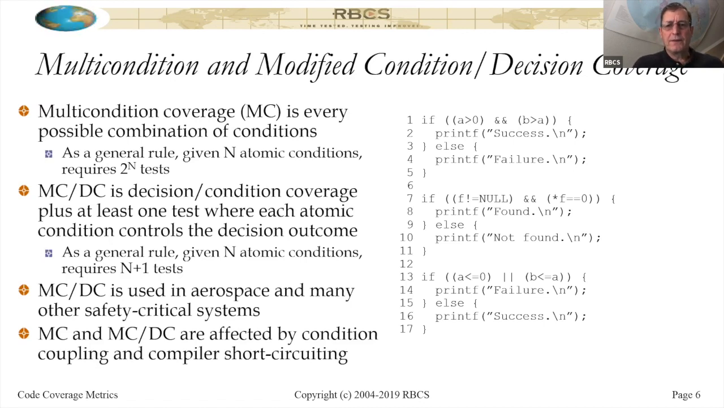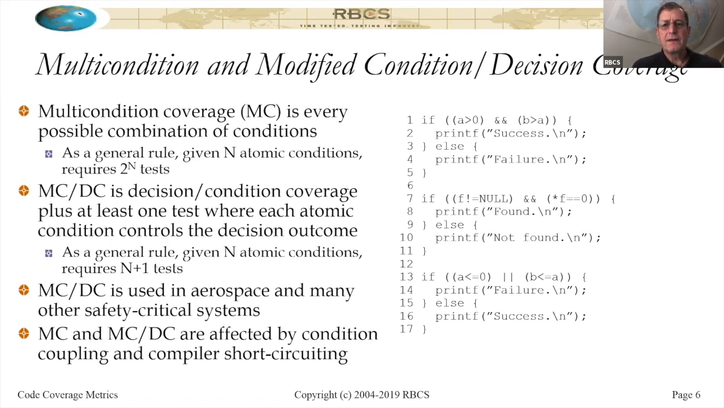So now the nice thing about MCDC is that it gives you that level of confidence that you would get for multi-condition coverage, but you only need n+1 tests. So if you have n atomic conditions, you need n+1 tests. So for line 1 there, we would only need 3 tests rather than 4, which may not seem like a